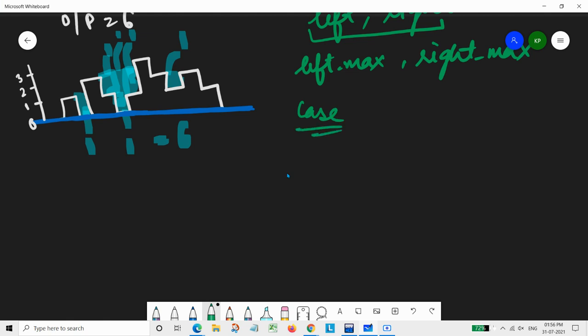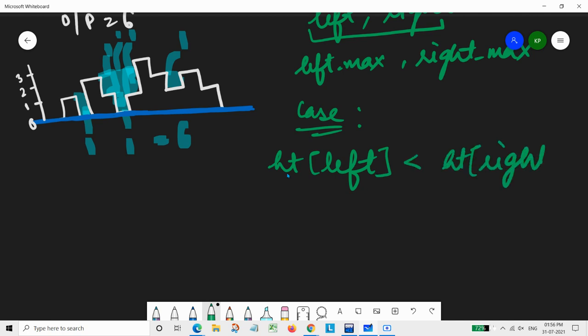Basically there will be cases like when the height of left is less than the height of right. In this case, what we need to do is check left max minus height of left.